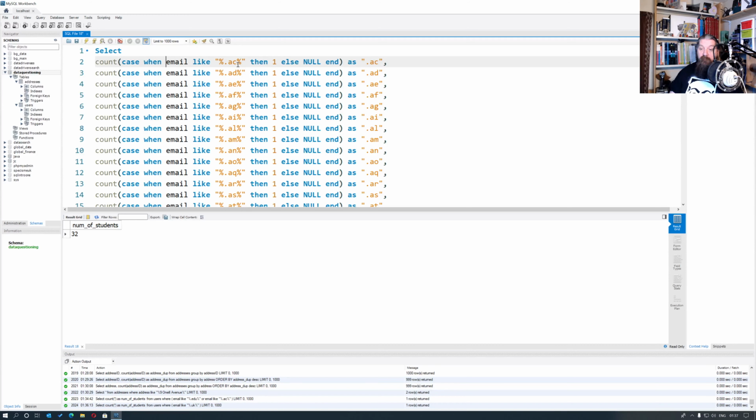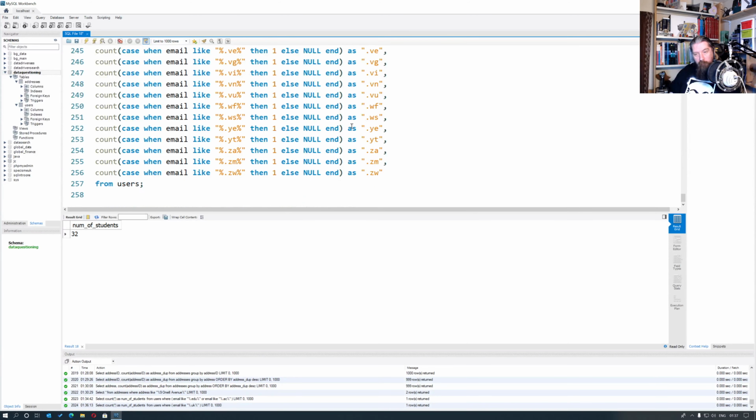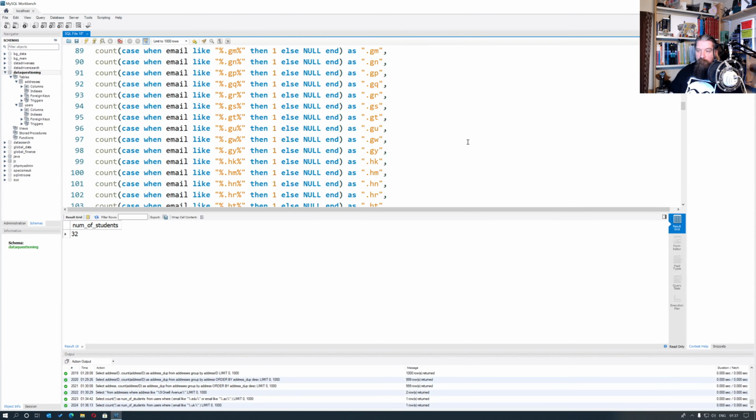And when email is like .ac, which is actually a top level domain. I know it tends to stand for academic, but it does actually have a country associated with it also, even if they don't use it. So this is a list of all the domains that actually have a country code that are considered a country code. Now this information is available free as a CSV